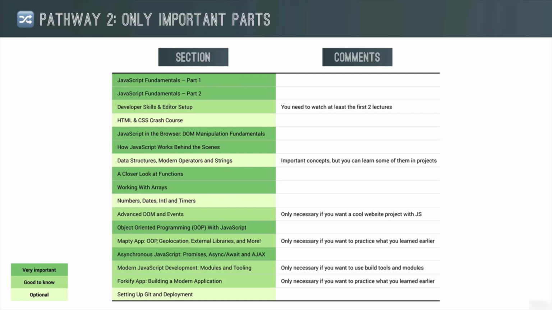Alright, so again, the best option is of course to watch the entire course from start to finish. But if you don't have the time, then please take a look at the course pathways PDF document in the next lecture and select your learning goal and pathway from there. And then I'll see you wherever your path will take you in this course.